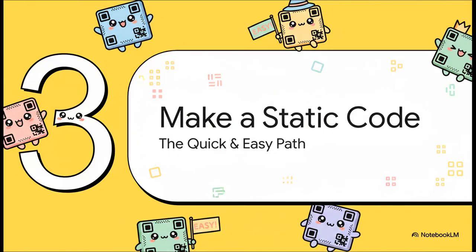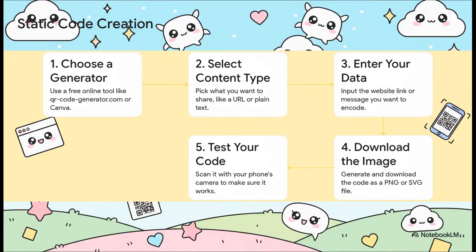Okay, let's start with the easy one. Let's walk through how to create a permanent static code for info that's never ever going to change. Honestly, this is so simple. You just go to a free online generator, pick what you want to share, like a URL or some text, type it in, maybe customize it a little, and just download the image. That's literally it. It's perfect for things like your home Wi-Fi password or a link to your portfolio that isn't going